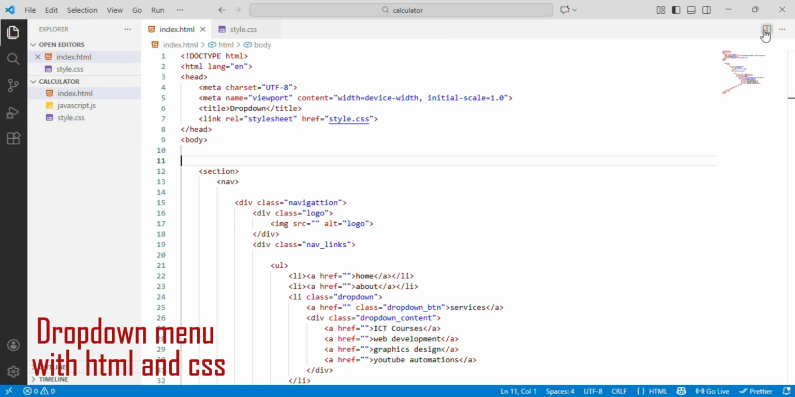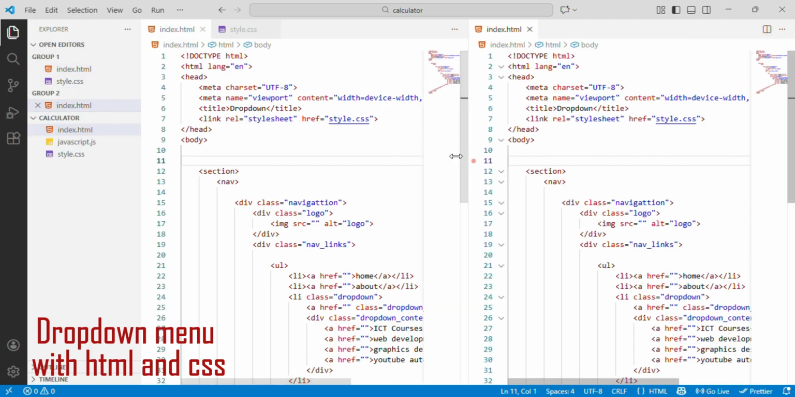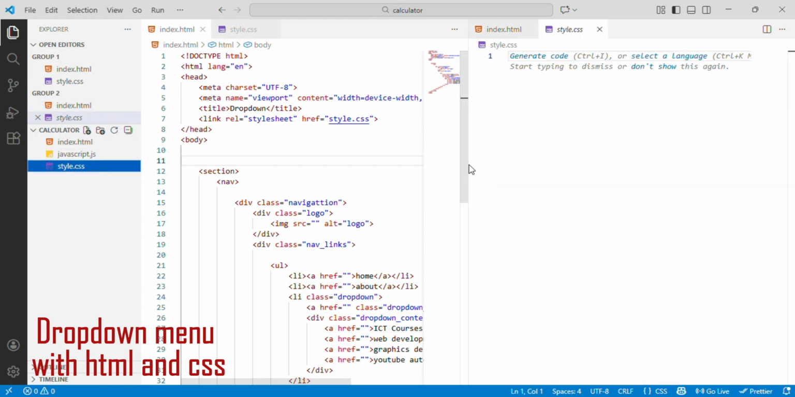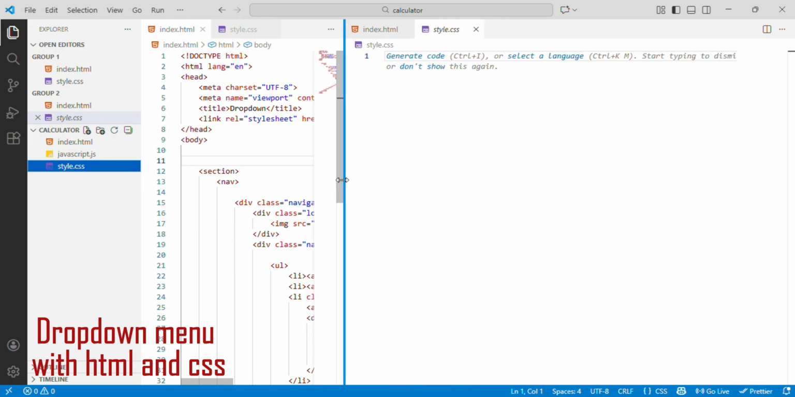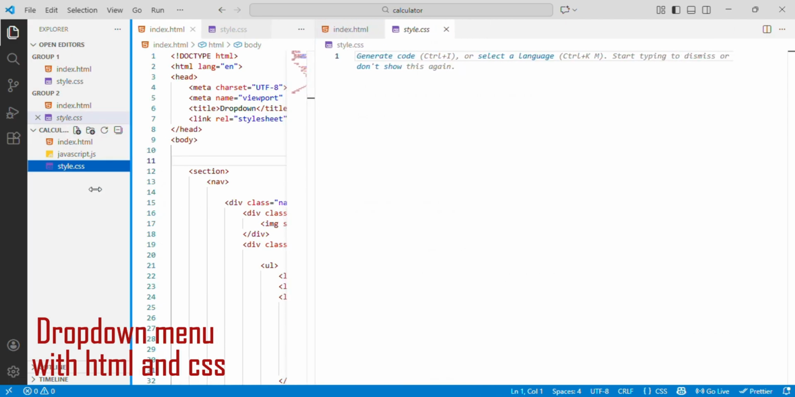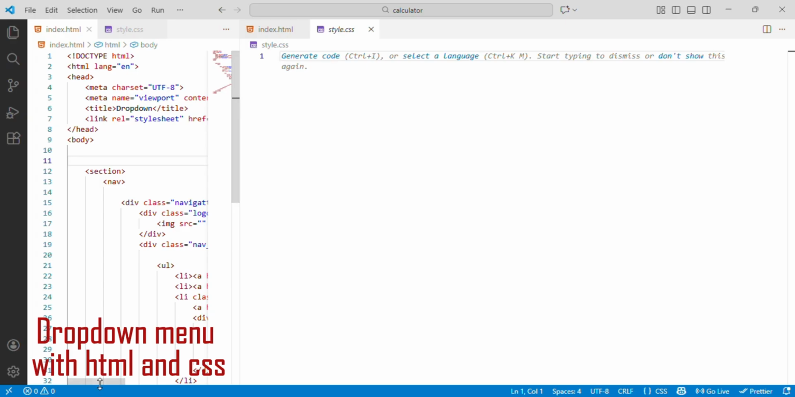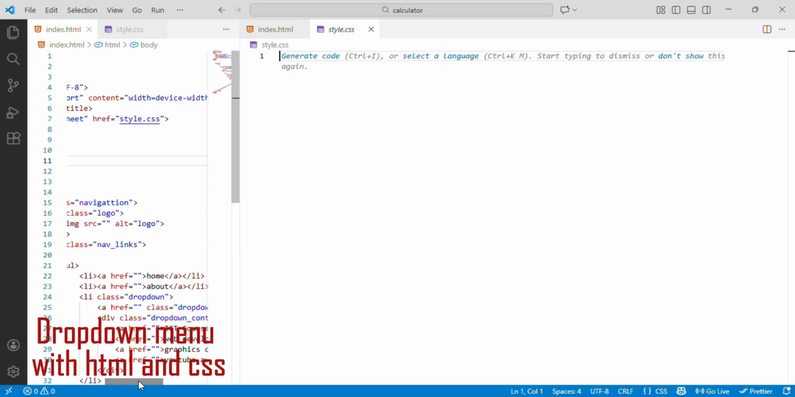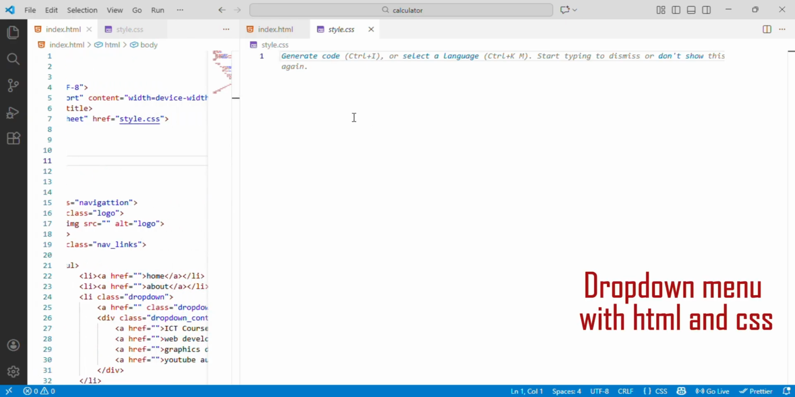Let me see if I can divide this page. Okay, let this be the CSS. Then let me shift this like this. Then shift this like this. So this is it now. We're going to start with,